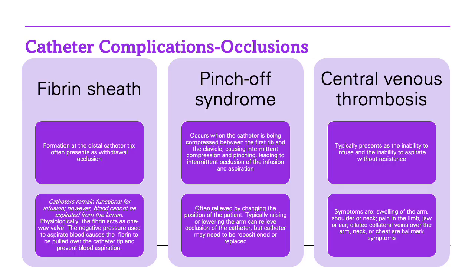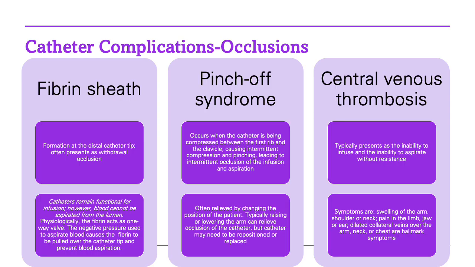Complications relating to occlusions would be fibrin sheath, pinch-off syndrome, and central venous thrombosis. Fibrin sheath is the formation at the distal catheter tip. It often presents as a withdrawal occlusion. So catheters remain functional for infusion; however, blood cannot be aspirated from the lumen. Physiologically, the fibrin acts as a one-way valve. The negative pressure that's used to aspirate the blood causes the fibrin to be pulled over the catheter tip and